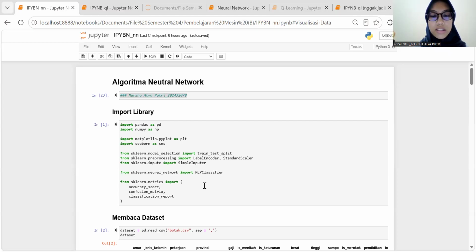MLPClassifier as our neural network algorithm, and several evaluation metrics like accuracy score, confusion matrix, and classification report. These libraries help us perform data processing, model training, and model evaluation.